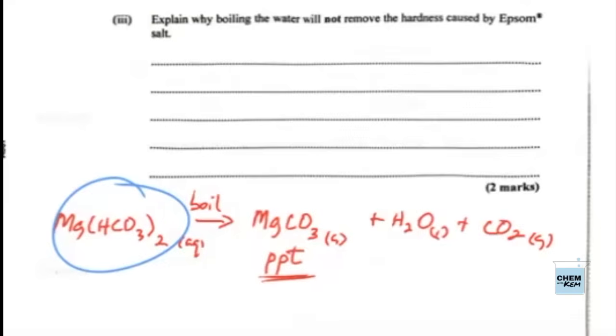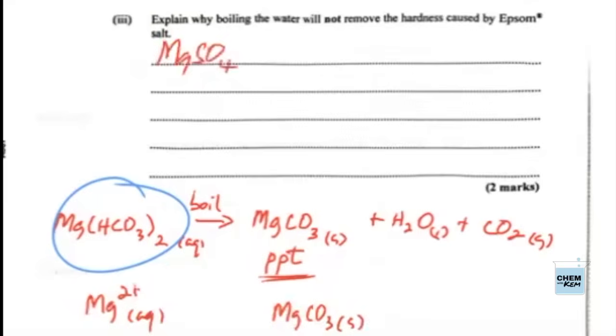So what we need to bear in mind, again, is that over here, the ions are in the aqueous medium, but over here, they are in MgCO3 in the solid state. So anything that removes the magnesium 2+ ions would be reducing the hardness of the water. So to answer, explain why boiling the water will not remove the hardness caused by Epsom salt, we need to state that magnesium sulfate